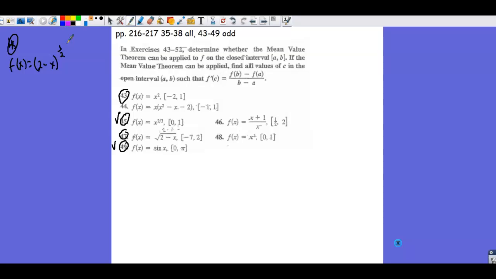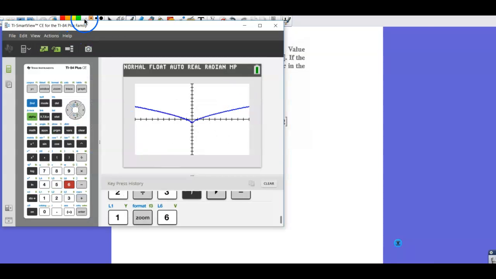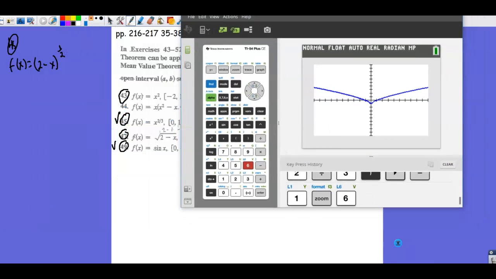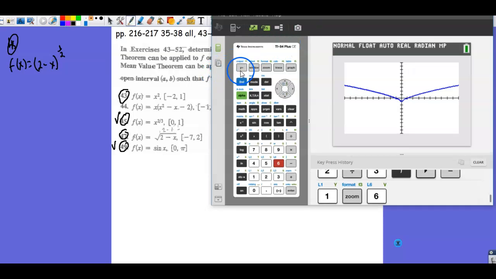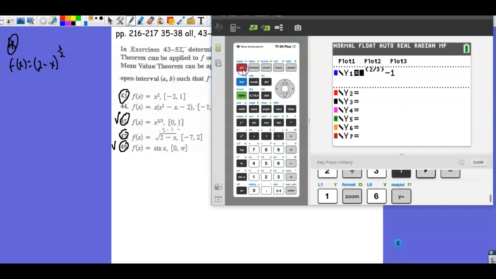It opens to the left and it is shifted to the, let's see, careful, to the left 2 units. Let's grab our graphing calculator to make sure of that, because we want to make sure that we have a function that's continuous on the closed interval and differentiable on the open interval. So clear, and we're putting in square root of 2 minus x,